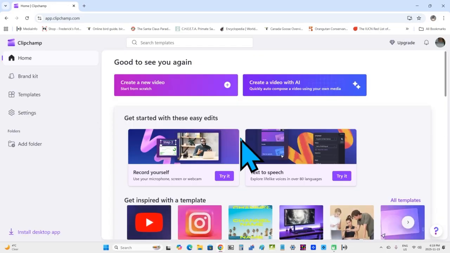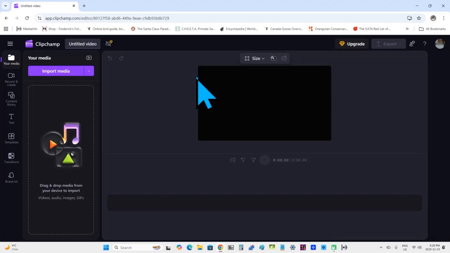Okay, well, neat. Now, this is the home area of Clipchamp on clipchamp.com, okay? But I want to enter the video editing area. So to do that, I'm going to move the mouse pointer up here and click this create a new video, start from scratch here. See this icon here? I'll click it now. Okay, that's excellent. When I clicked it, you can see it brought me into the video editing area, which is